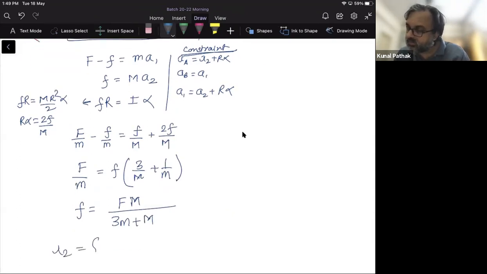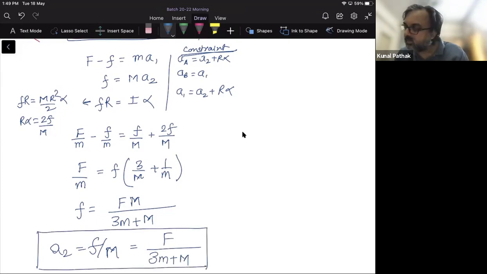So a2 is equal to f by capital M will be equal to f upon... हाँ ये सही, जीरो नहीं आना चाहिए किसी भी केस में।